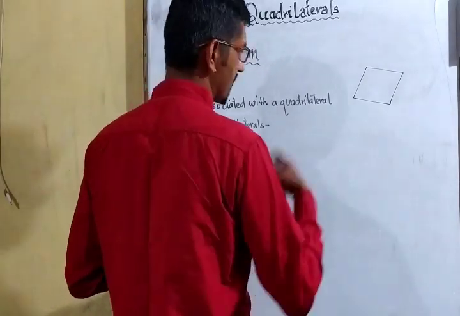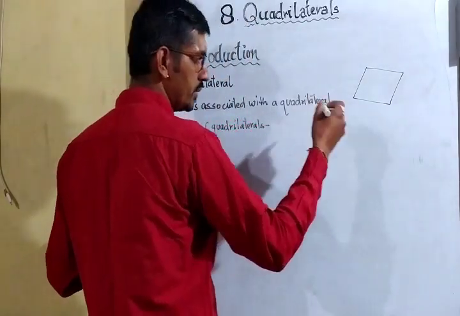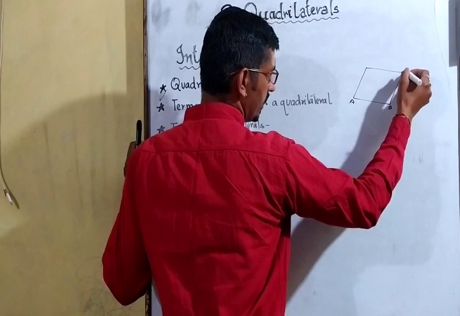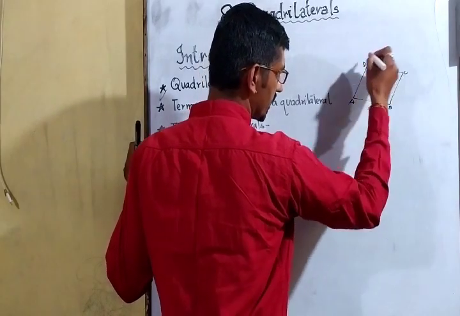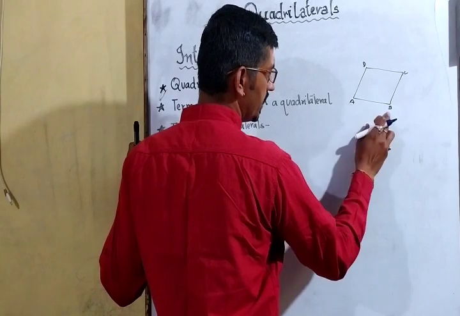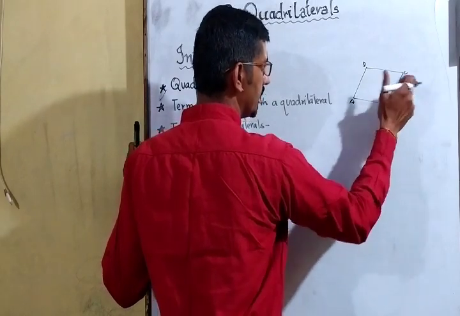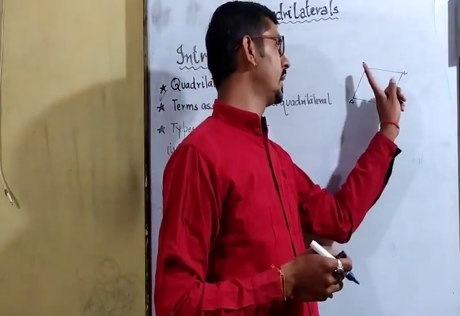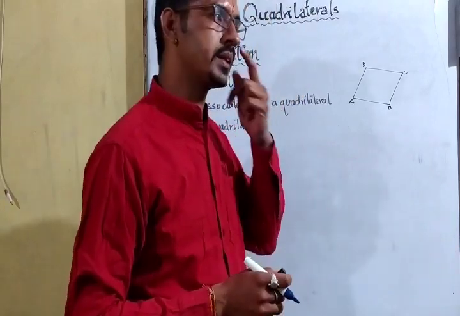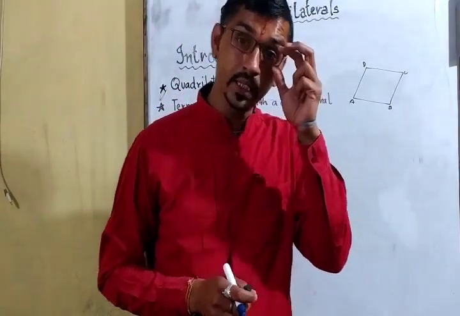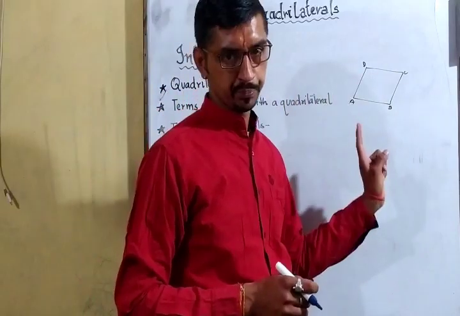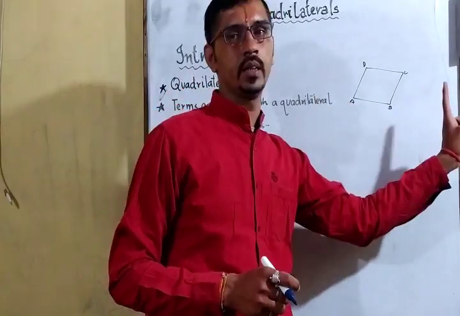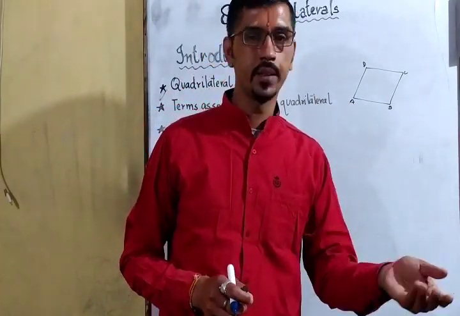The first is the naming. When you give a name to any closed figure, you should use alphabets, and the alphabets should be in order. वो ऑर्डर में होनी चाहिए. That means ACBD is incorrect, ABCD is okay. Now if the diagram is not given in the textbook, अगर diagram नहीं दिया गया है, you will do it like this, ABCD. If in the diagram or in the question ABCD is given, then you will do as it is given in the question.